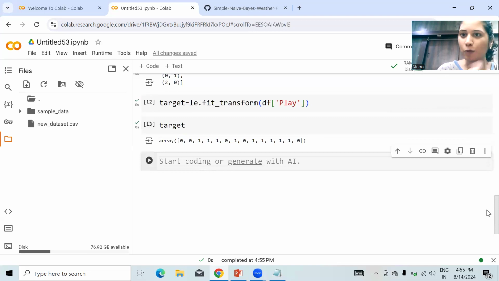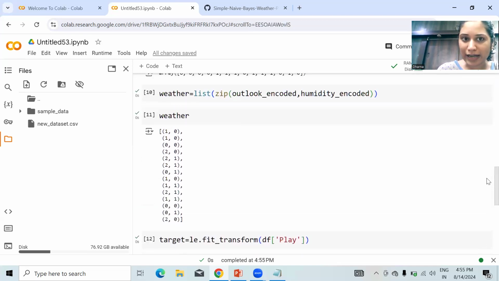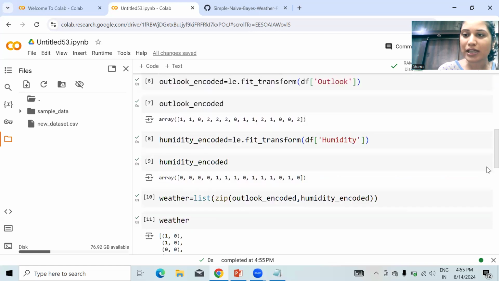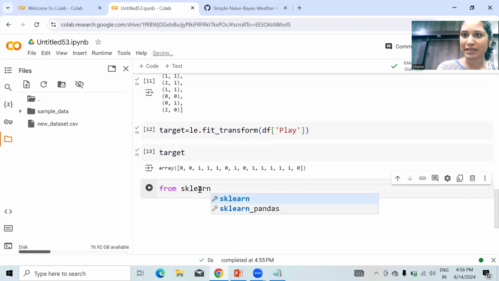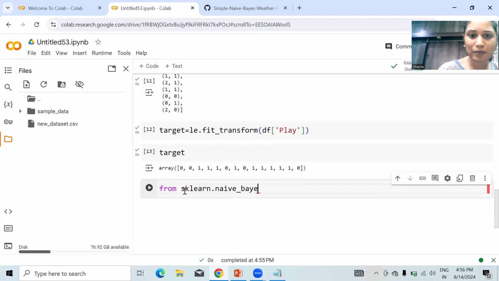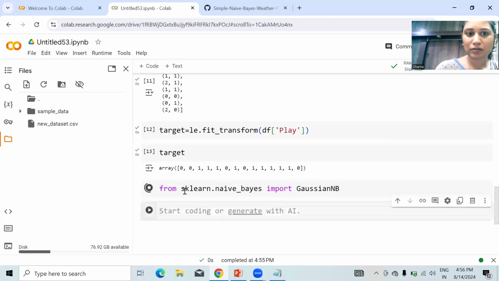Now we have got the input and the output. We are going to use the Naive Bayes classification to do the prediction. So I'm going to import Naive Bayes. To perform the Naive Bayes classification, we are using the Gaussian Naive Bayes classifier. It's the name of the class. So we are importing from sklearn.naive_bayes import GaussianNB.